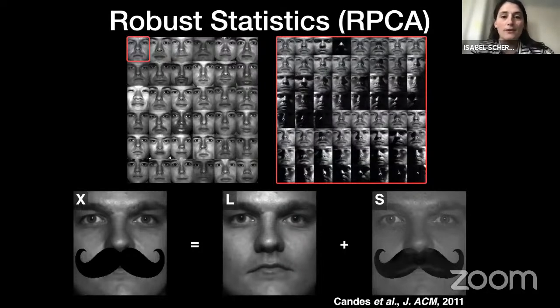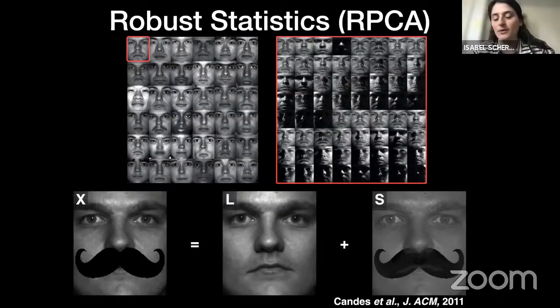Robust principal component analysis can identify low dimensional structure in data. This is an example from the original paper by the original authors. In this example, they have the eigenfaces.